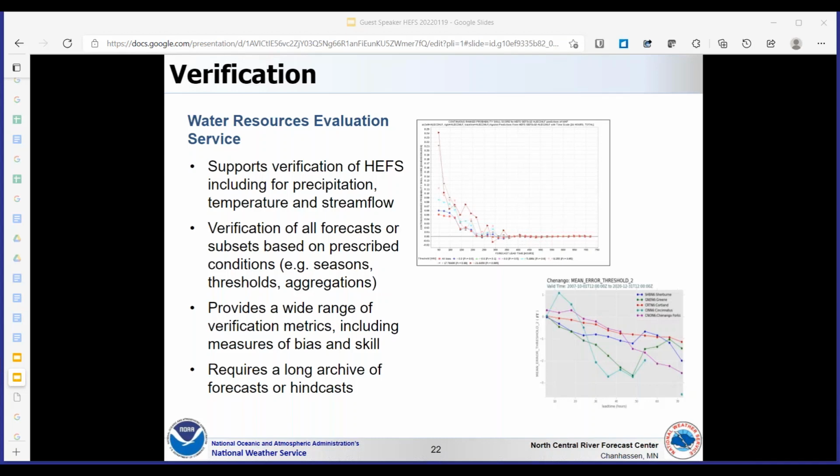These metrics can be produced in a graphical or numerical format. So this is a very powerful tool, and we hope over time to be able to provide our users access to some of these verification numbers in an easy to ingest format to help them interpret the products.